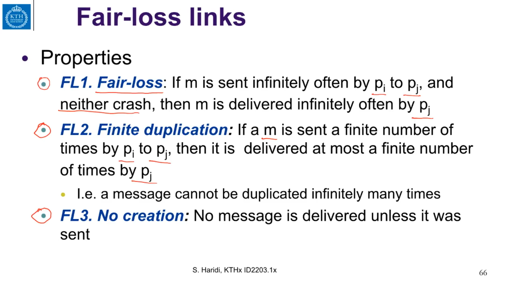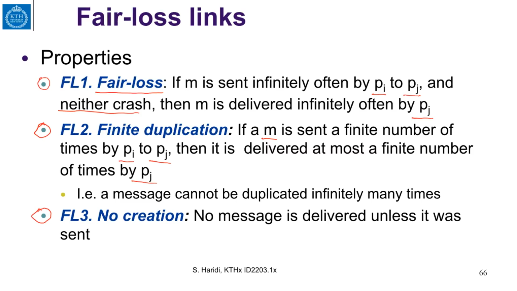So let us look a little bit at these properties. The first property, fair loss, is it a safety or liveness property? In fact, it is a liveness property because there is no bad event that can happen which says that execution from there on will not satisfy this property. Finite duplication is also a liveness property. If a message is sent a finite number of times, we can always extend the execution to deliver it a finite number of times. The violation can only happen at infinity.